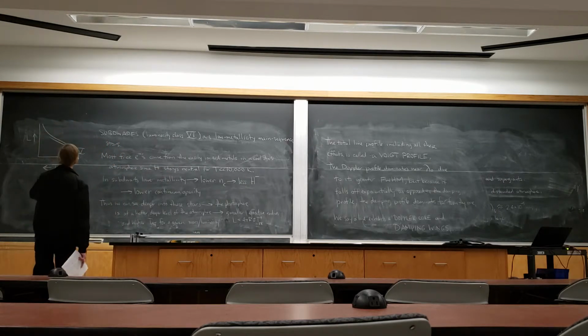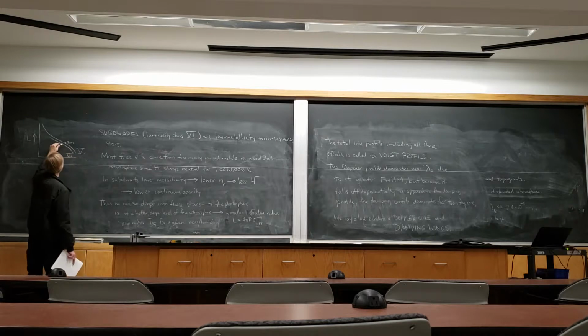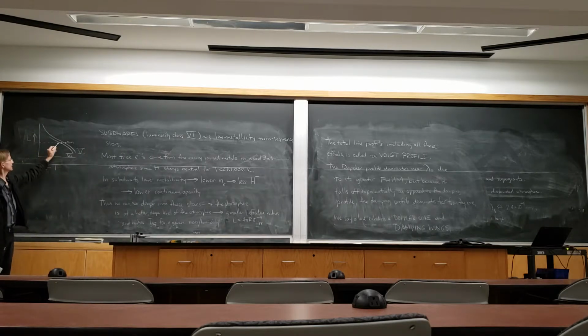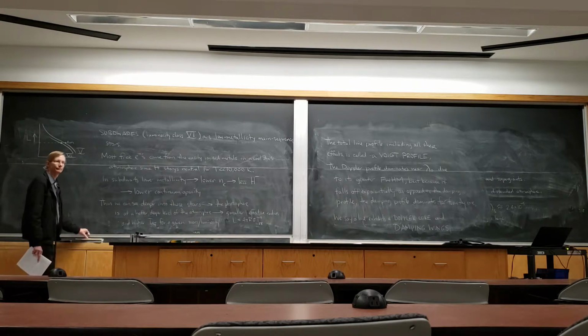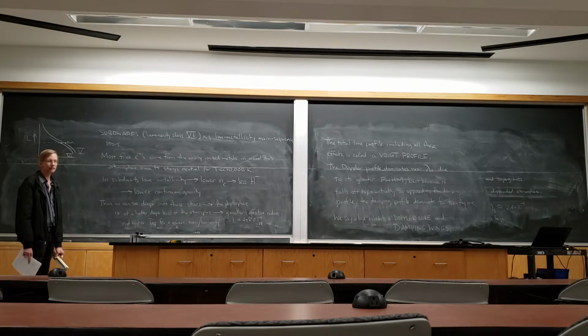So in other words, if that's the Sun, a luminosity class 6 star of the same luminosity would be over here at a higher surface temperature. Okay, now I understand. That's the idea. Yep. So most of these subdwarfs have higher effective temperatures. The luminosity is the same, but because they're more transparent,